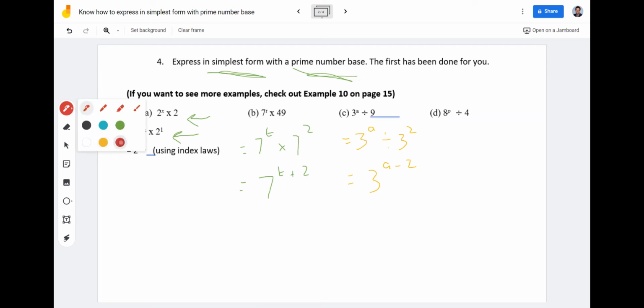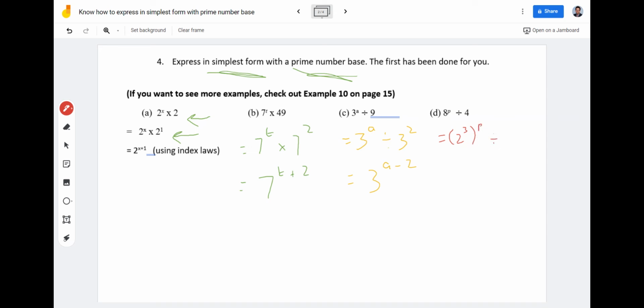This next one, 8 to the power of p divided by 4. Let's change colours to red here. 8. Can we write 8 as with a prime number base? Yes. 8 we can write as 2 times 2 times 2. 2 times 2 is 4. Times by 2 is 8. So that's 2 to the power of 3